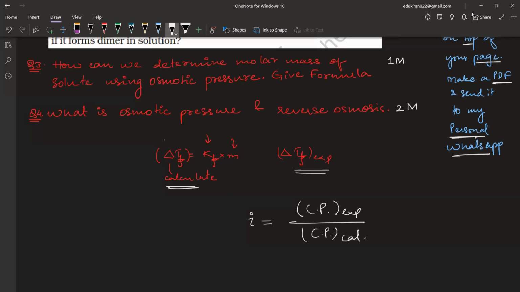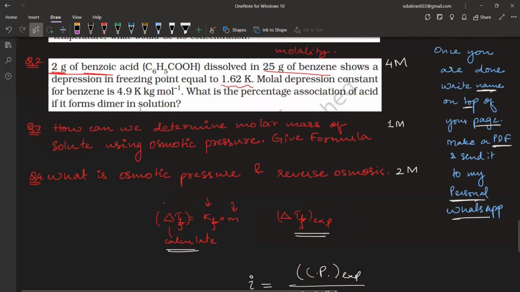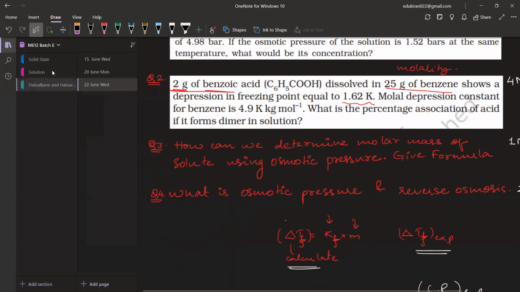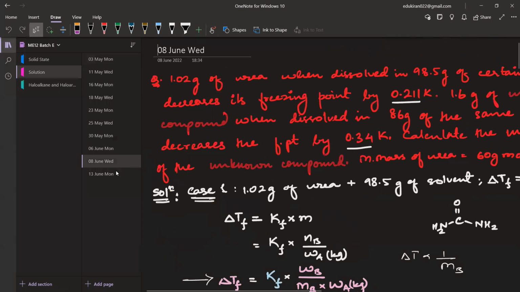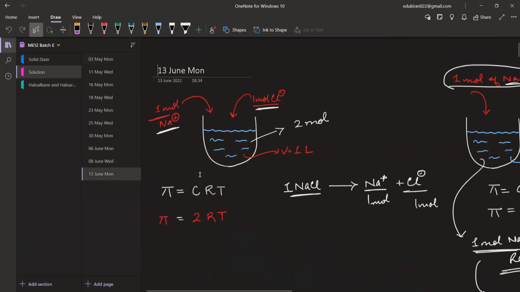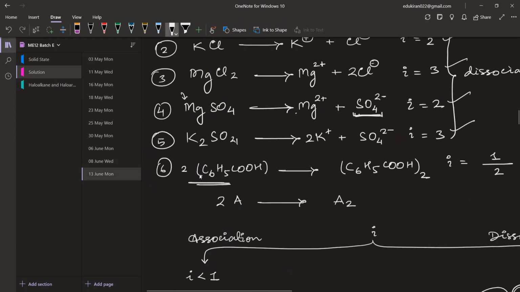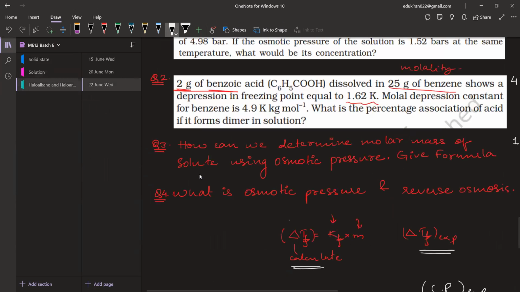Now, if you remember benzoic acid, then I have written a reaction for benzoic acid. Is this visible to you? Yes or no? This is the reaction that will happen, right? So you will get